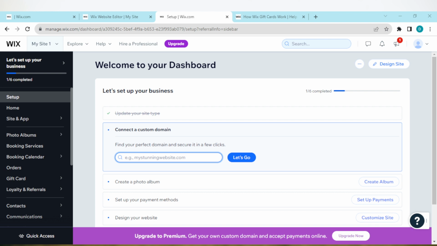The first thing to do, as you can see, is to log into your Wix account just like I have done here. And then once you're logged in and you've selected the site that you want to fit all screens, the next thing for you to do is to click on design site, which is located by the top right corner of the screen. Okay, so just wait for it to load. All right,